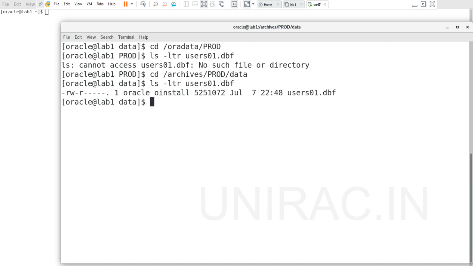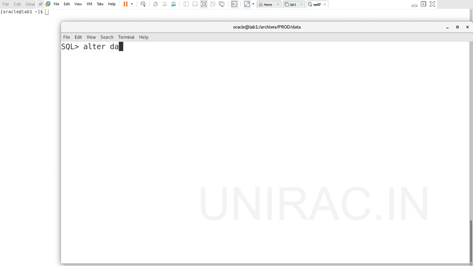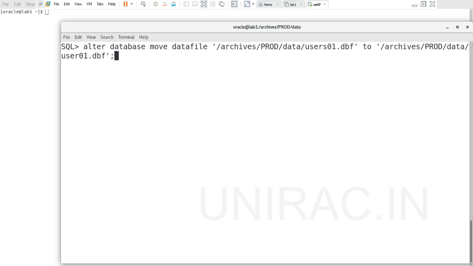We'll also see how to rename a data file. As it's users01.dbf, let's rename it. We'll remove the s. Let's execute the command alter database move datafile /archives/prod/data/users01.dbf to /archives/prod/data/user01.dbf.